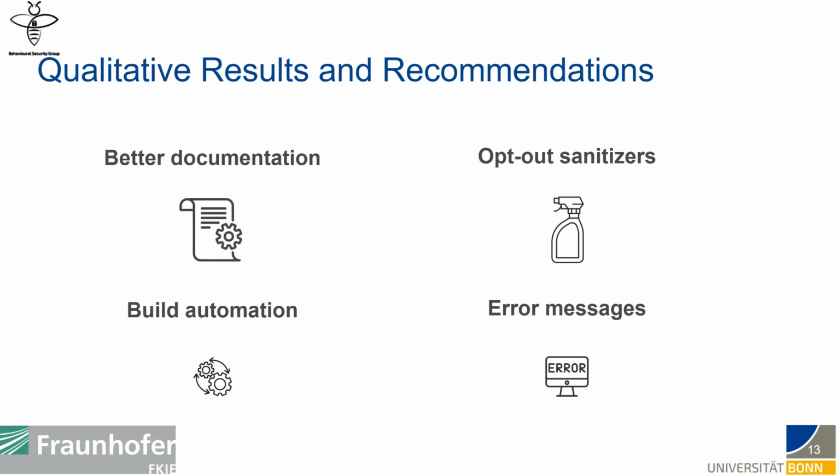Build automation. The building and instrumenting with both fuzzers were a major pain point for many of our participants, mostly for libFuzzer, but also for AFL users. A build automation could relieve them from those issues. Error messages. The error messages offered by AFL were generally rated favorably by our participants, while libFuzzer's warnings were considered unhelpful or even non-existent. For example, libFuzzer does not warn participants if the target program was not instrumented. Improving libFuzzer's warning and feedback based on AFL thus is a simple yet effective solution.